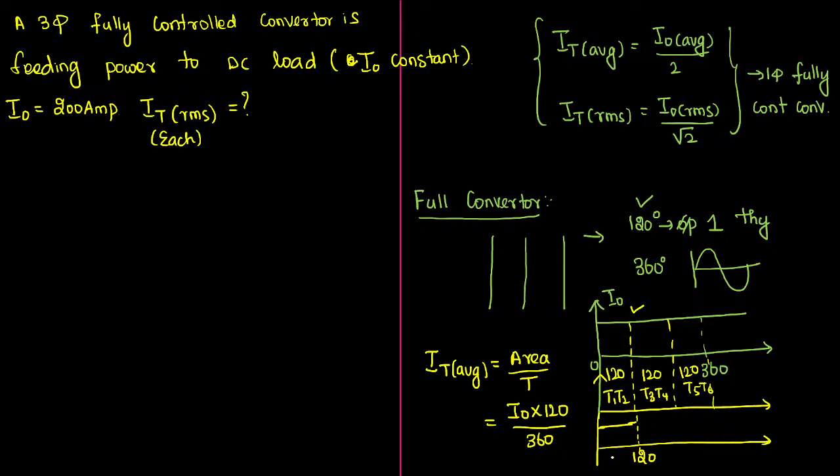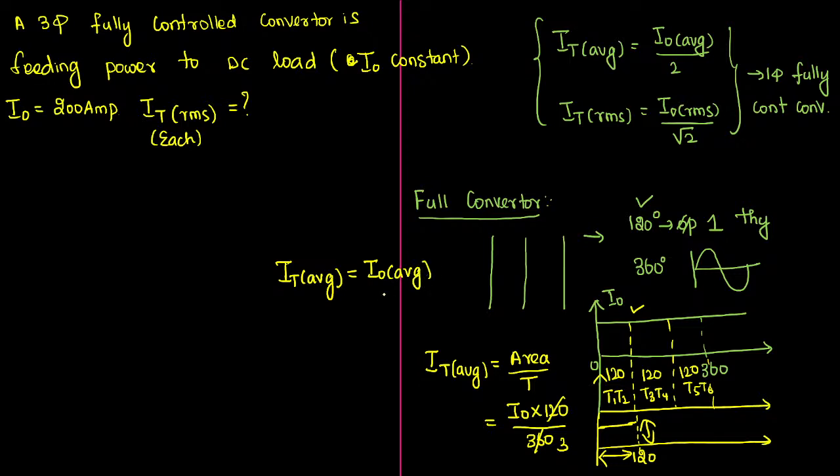Area is rectangular: width into height. Width is 120, height is I naught. If you cancel it, it will become I naught by 3. So the average value of the current carried by the thyristor can be written as